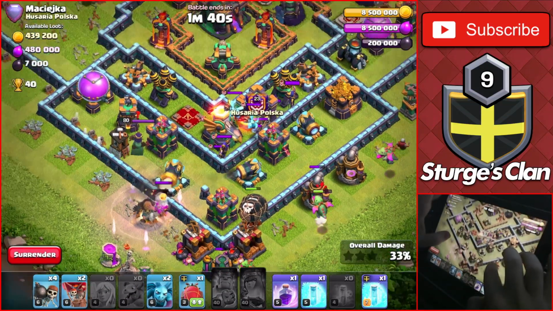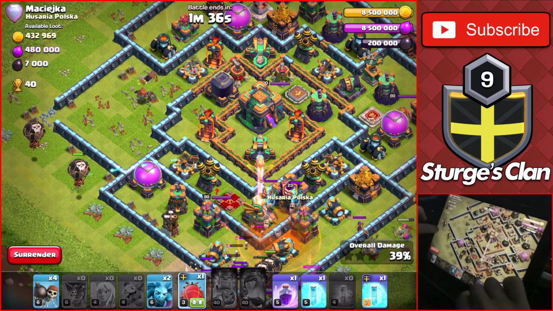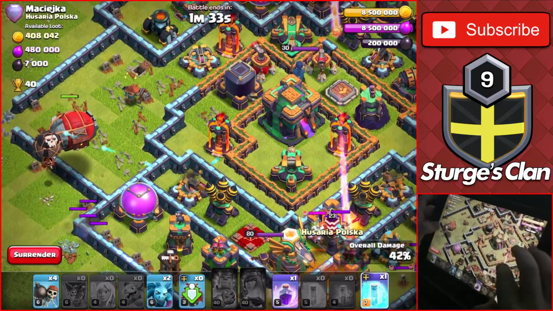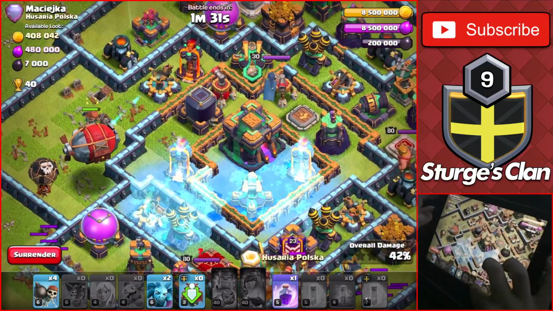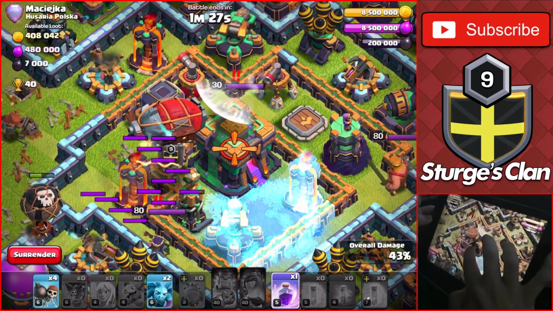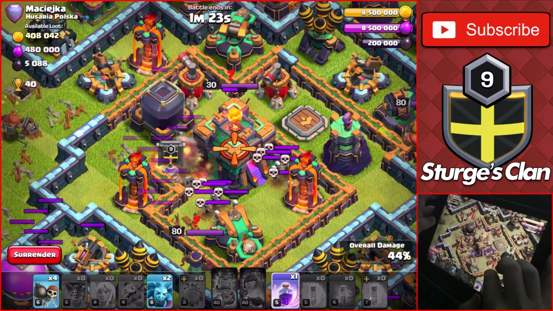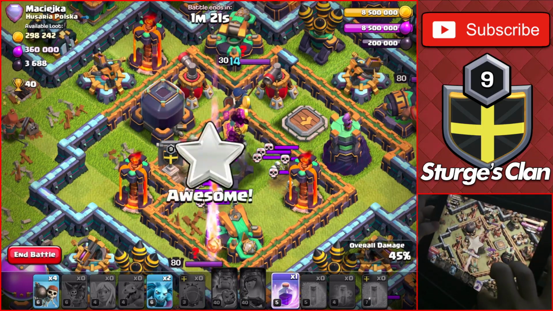I poison the enemy CC as I drop the Battle Blimp on the left side of the base. As the Blimp heads towards the Town Hall, I drop the last 2 freeze spells on the Air Defense and the Scattershot so the Blimp can make it to the Town Hall. And once it makes it there, it automatically drops, and out come the Sneaky Goblins to take it down and